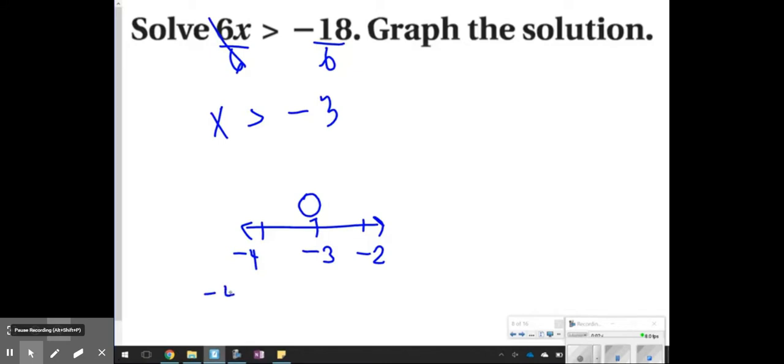And again, if I plug in my values, -4 is not bigger than -3, but -2 is bigger than -3, so I'm going to point to -2. Okay? What you're going to try now are